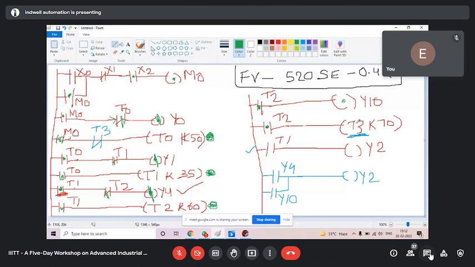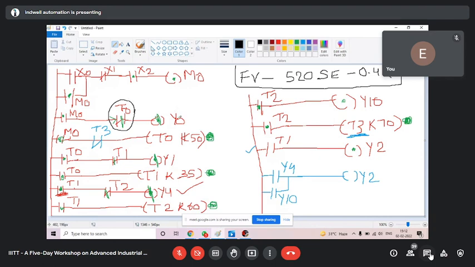Now as this comes, keep this on, ignore this. As T3 comes, what happens, you see? Concentrate. Till now Y0 is off. And why is Y0 off? You need to concentrate. Y0 is off because T0 has broken the path.